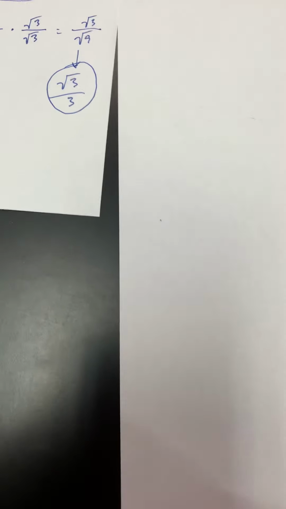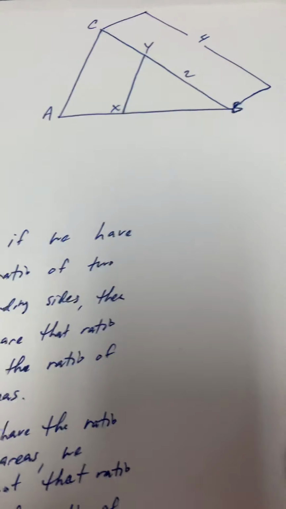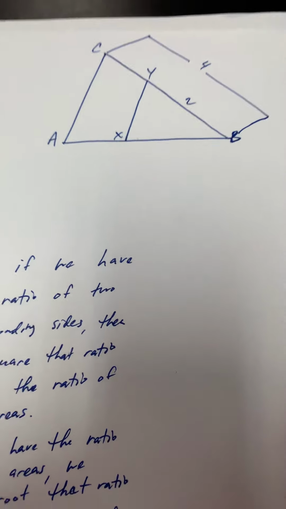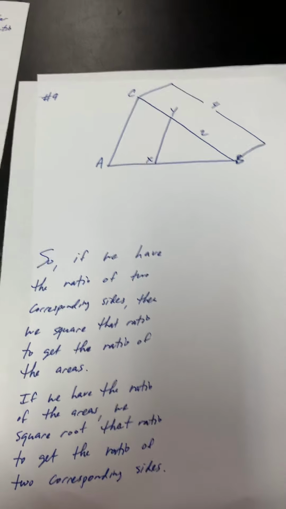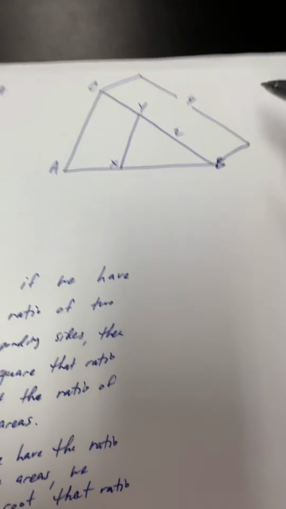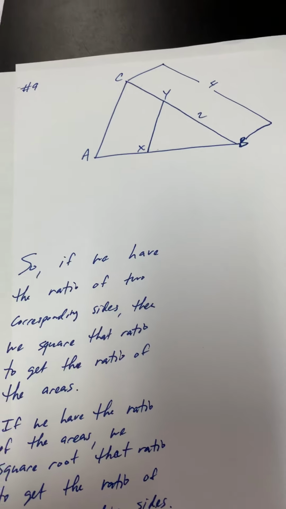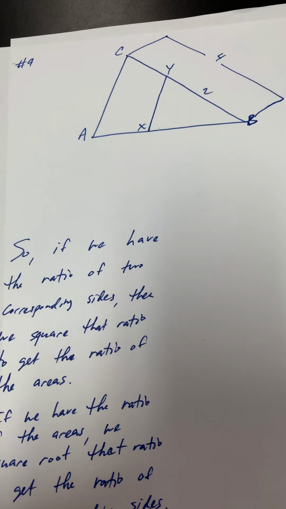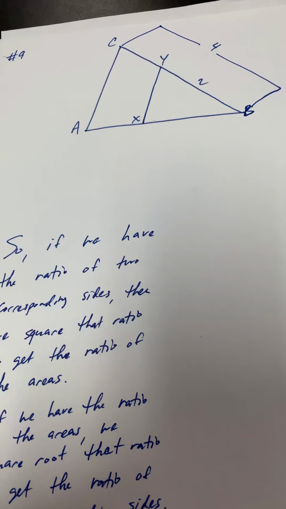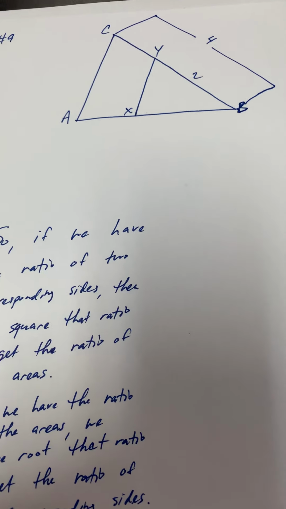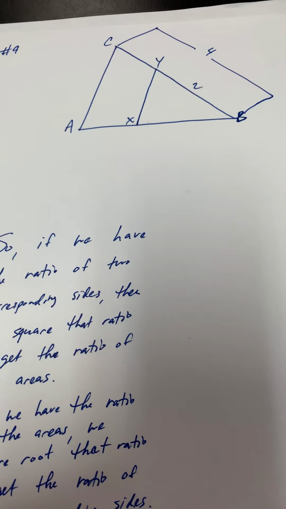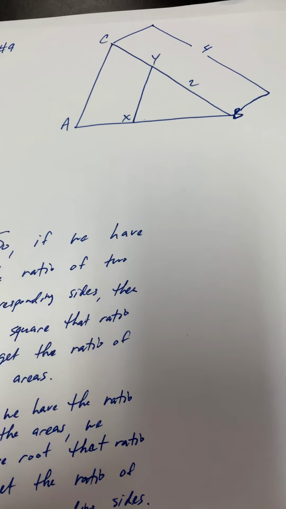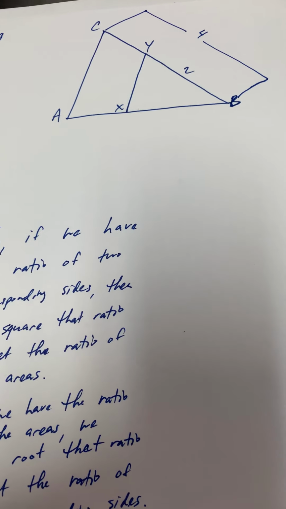And then let's look at one more example. You'll see the last three are going to be like this. So the question, let me scroll down in the lesson here. This is number 9. So number 9 says, find the ratio of the area of a triangle XBY